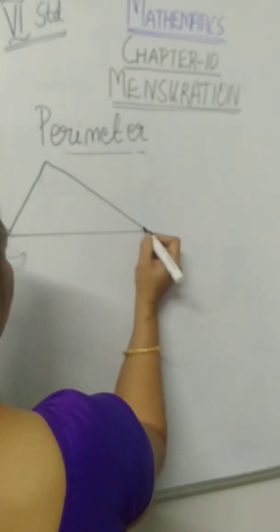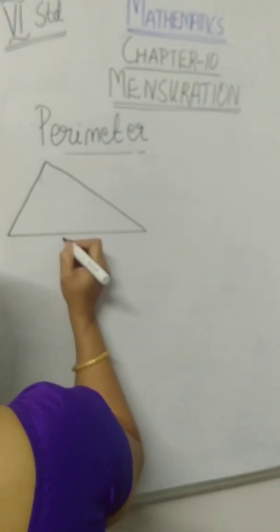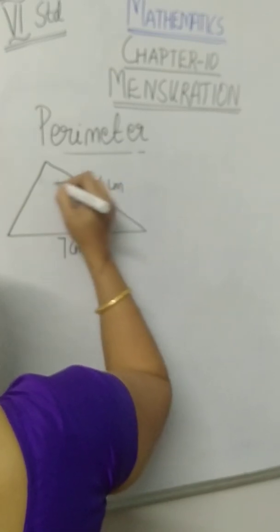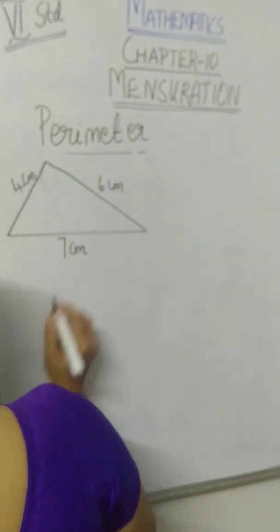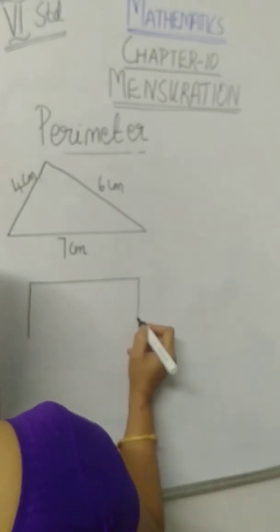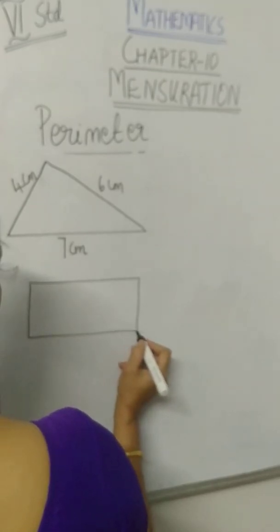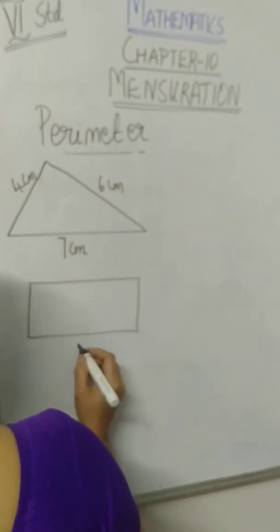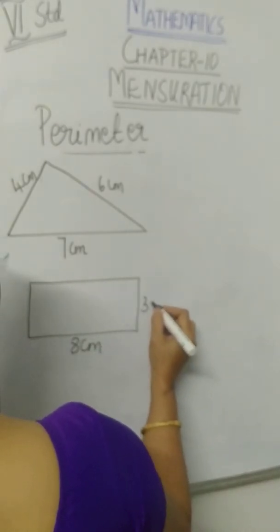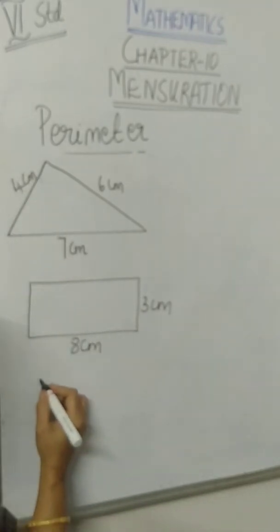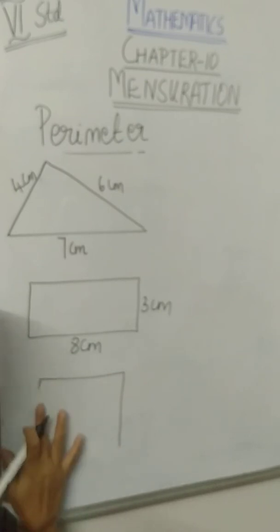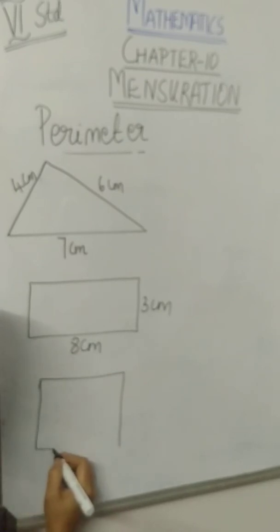What is this shape? It is the triangle. Let it be 7 centimeter, 6, and here it is 4. Now, eight, and here it is 3. This is a square